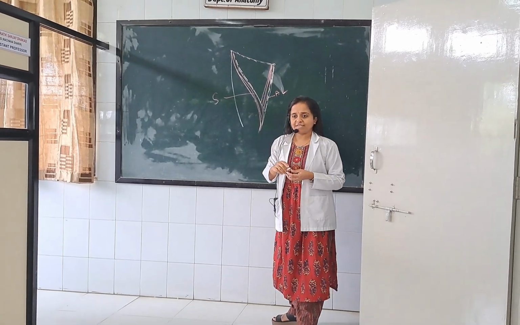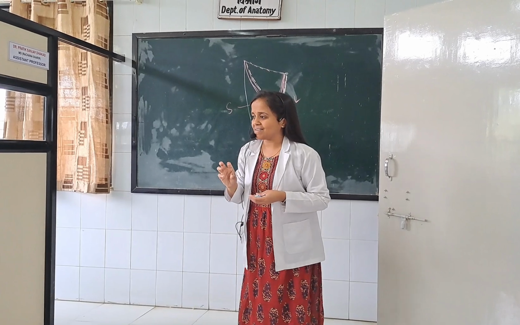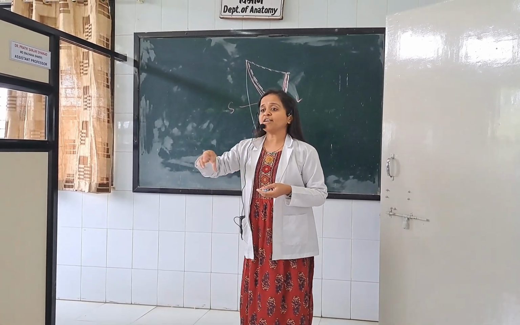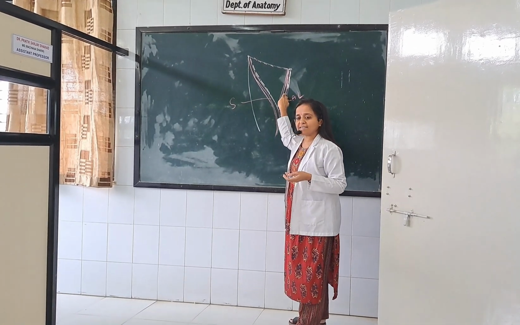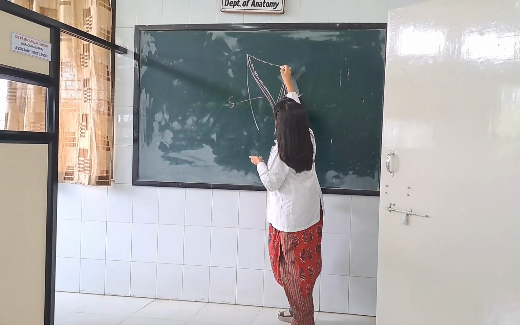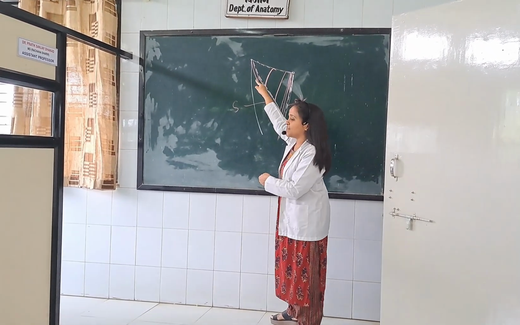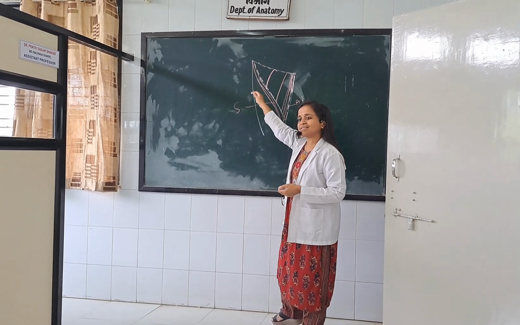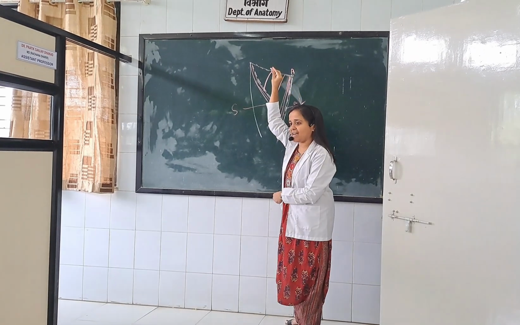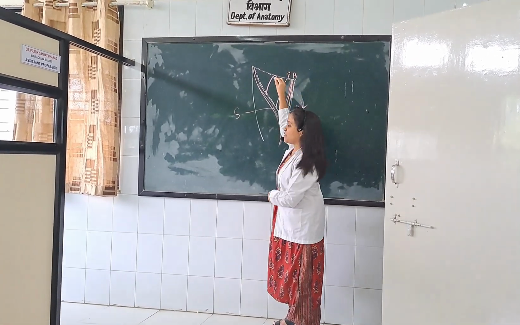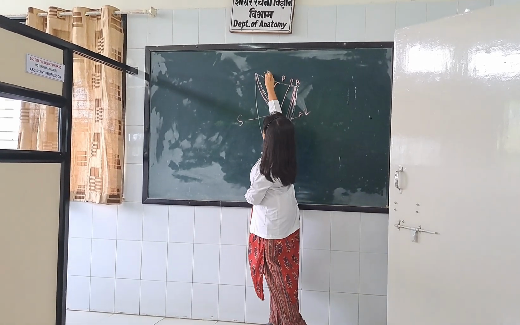The floor of the femoral triangle. Now the floor of the femoral triangle is that on which the contents of the femoral triangle lie. So the floor is formed by four muscles. The first muscle we have already seen, that is the adductor longus. The second muscle, there is one more muscle here, a third muscle here and a fourth muscle. So these four muscles are arranged from medial to lateral side. The medial most is adductor longus, so I'll write it as A, right? The second muscle is P, that is pectineus. The third muscle is psoas major and the fourth muscle is iliacus.